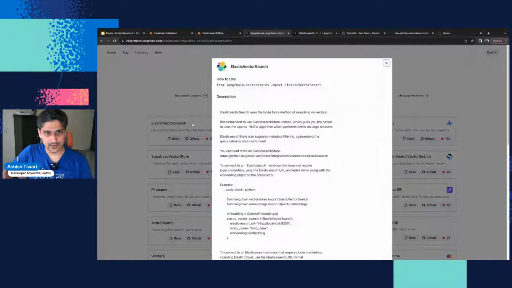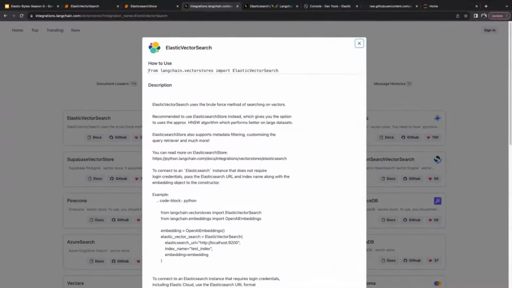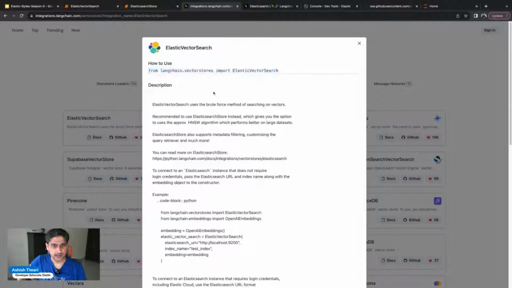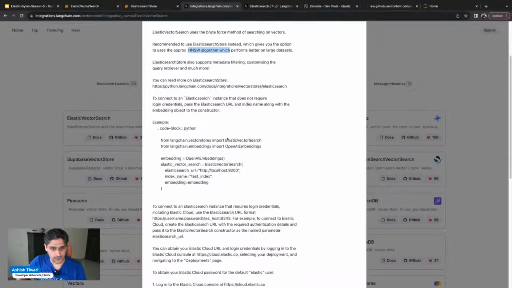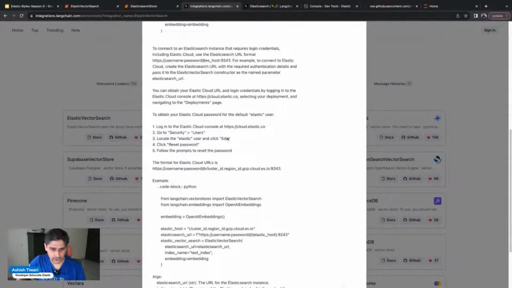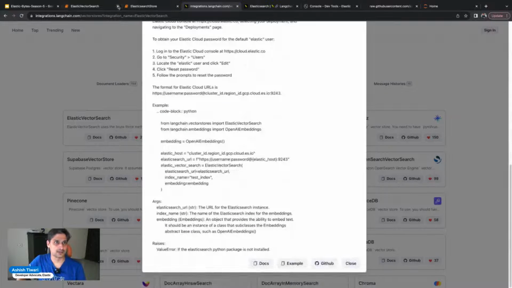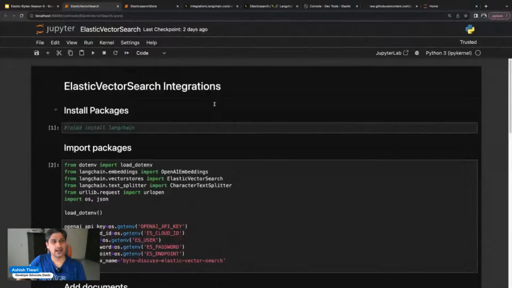If I click here on Elastic Vector Search, as you can see, you can import it like this. Elastic Vector Search is using the HNSW algorithm, of course for an ANN search, so you will definitely get good performance. Okay, I'm going to jump into the code directly, and let's see with the example how you can actually